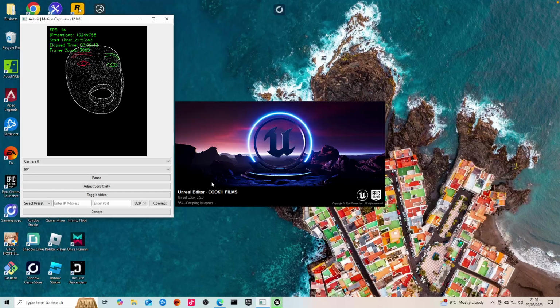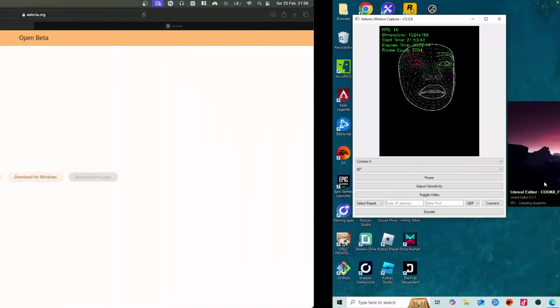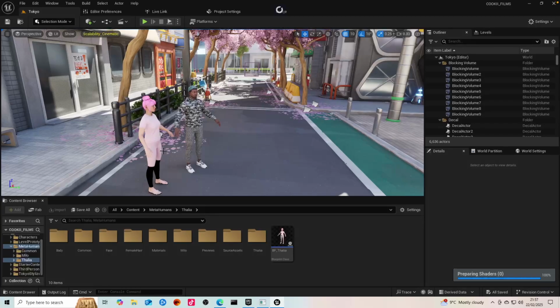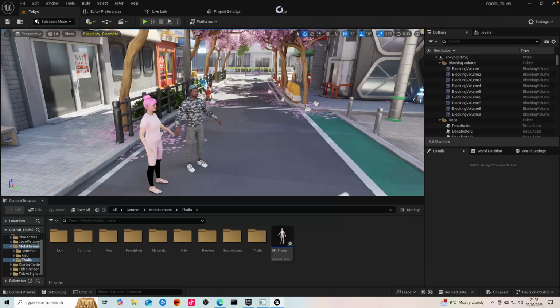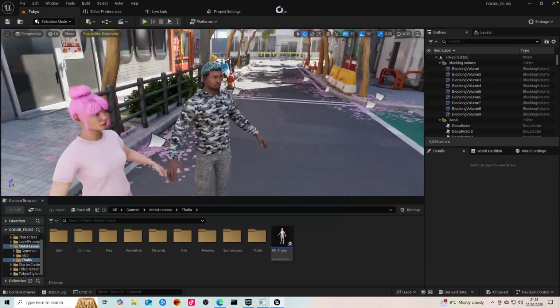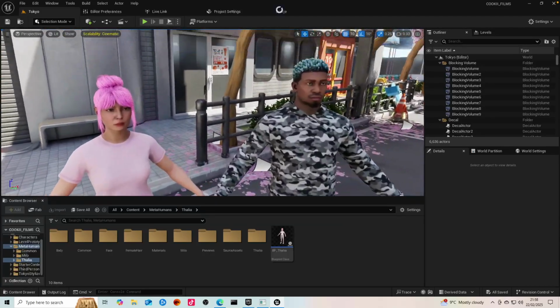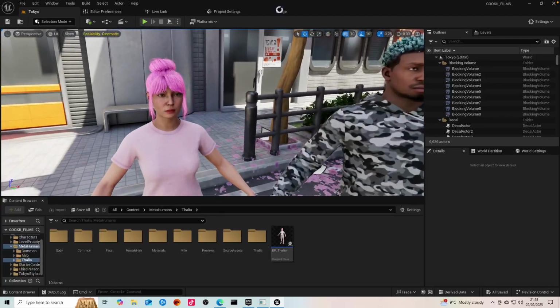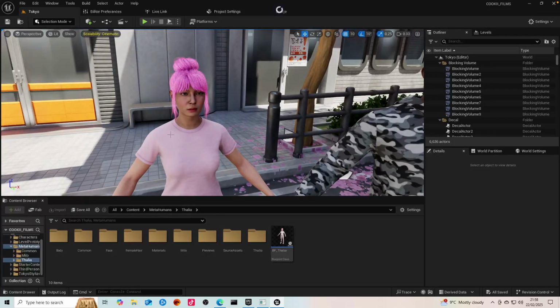So I'm gonna pause just so that it's not taking time. Okay, so the application has launched, it's loading. So now I have my scene here. Let me just put on my glasses. Right, so now we have Dalia and Milo. They're both here. Right, okay, so now if I select Talia,